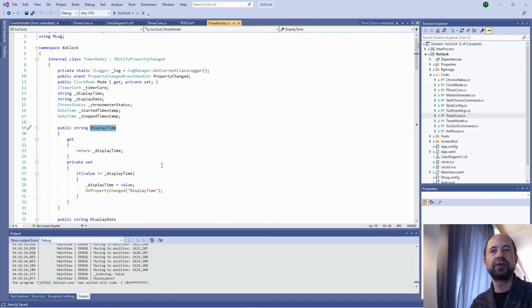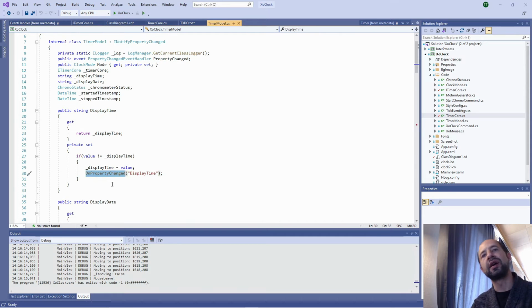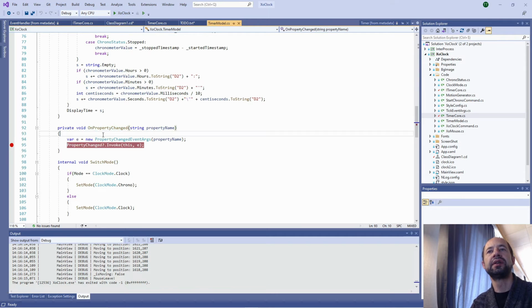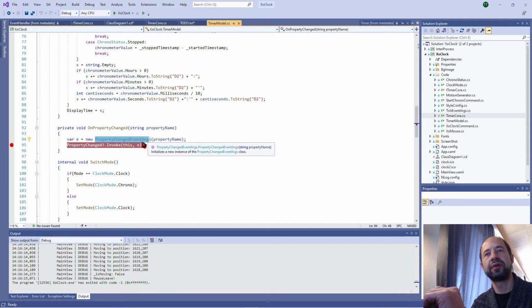Yes, look at something. So here, look, I have the on property change method, which is defined here. So you have the same construction of the on method, which is triggering an event. Look, on property changed, you are creating an object property change event args, which is triggering the property changed event.